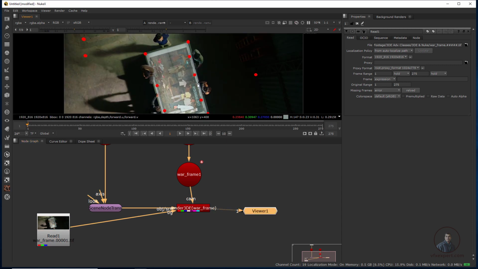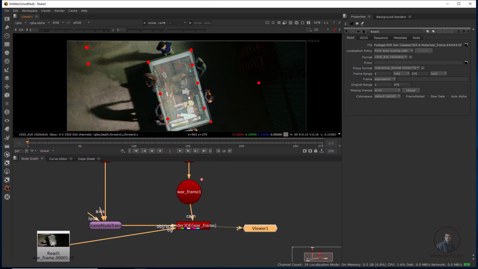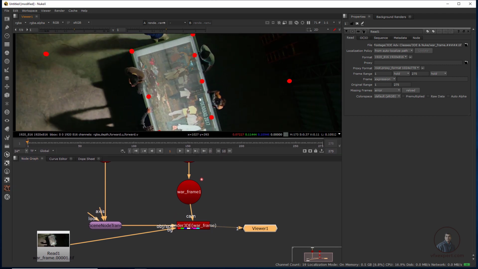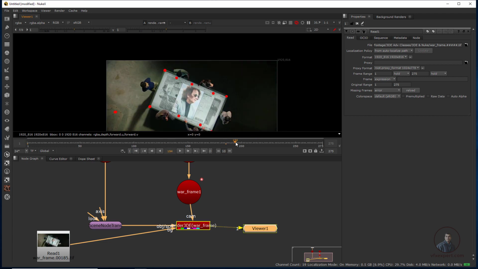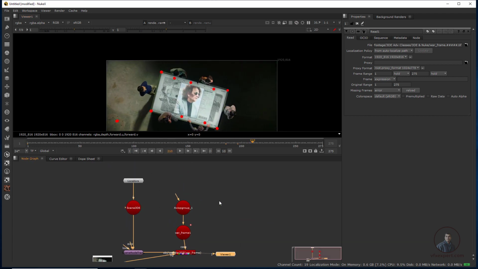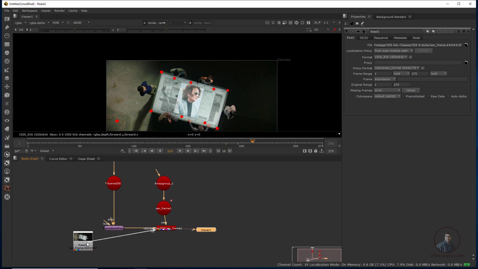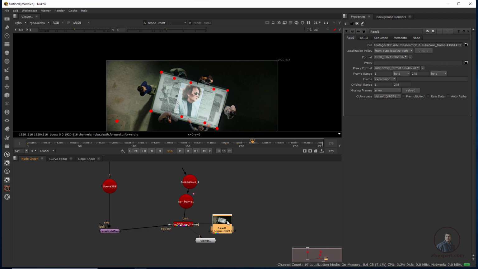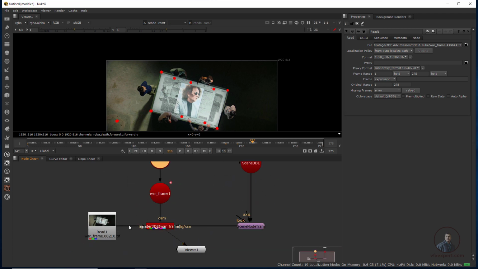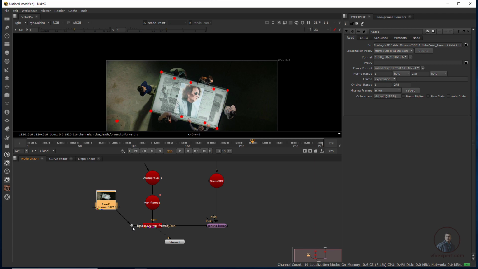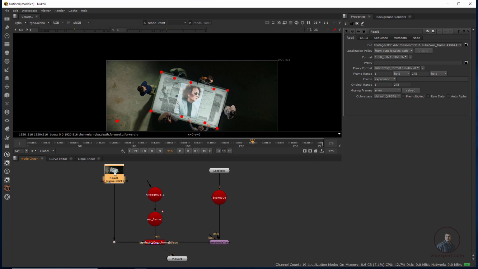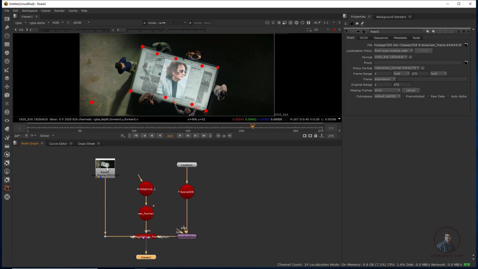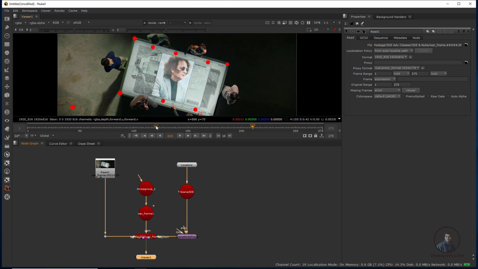Now press the Tab button. Here you can see these points we have tracked in 3D Equalizer, and these are some nodes which 3D Equalizer automatically generated. Now let's arrange this a little bit. Break it a little from here. This is our original footage. Then hold Control and click here, and you can manage it like this. This is our footage which we have imported, and these are the nodes which 3D Equalizer created for us.